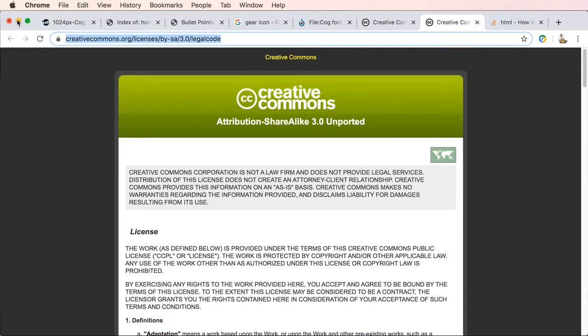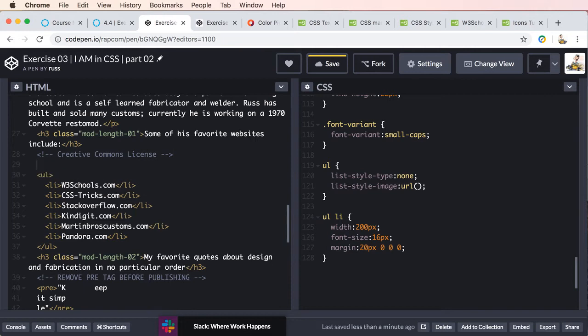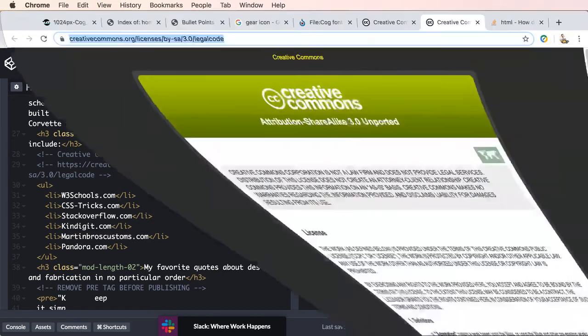So I'm just going to move this out of the way, and we'll just type in Creative Commons license. All right, and then I'll drop down. We'll make another comment. We'll paste in the path, and then we'll end this comment. And we probably should then go back, and if we go to the wiki where we were linked to from our graphic,